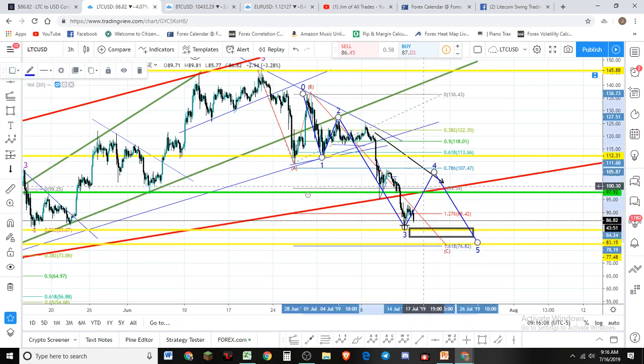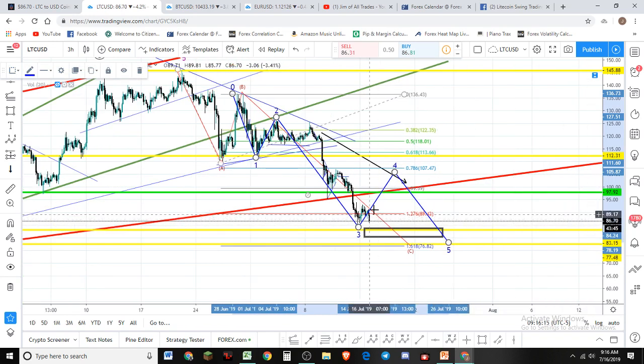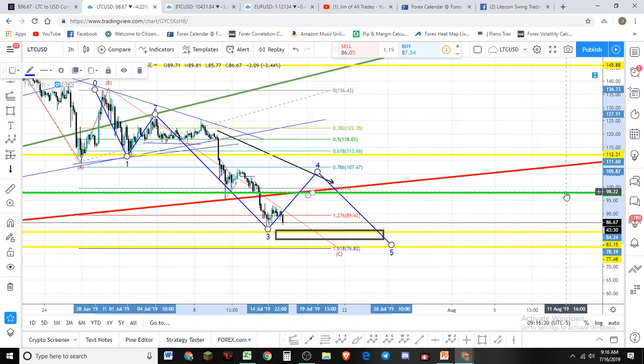So I'm looking for an entry point here. If we don't make a lower low and we start reversing, how do you know that we've reversed? I would say if we come back up to the $90 range or so, 91, a definite reversal is $92. I just like to enter in better places than that. So if I see some signs of reversal on the 1 minute chart, if I see a five wave to the upside,